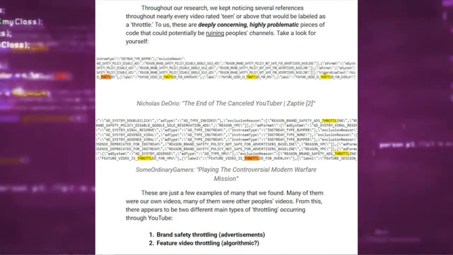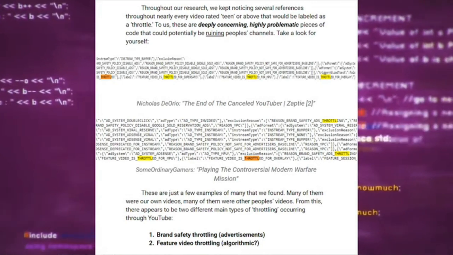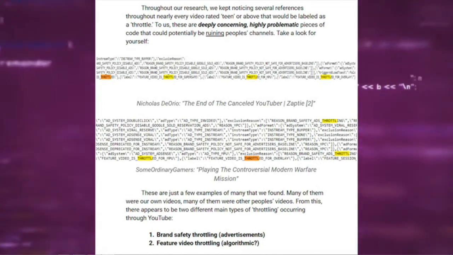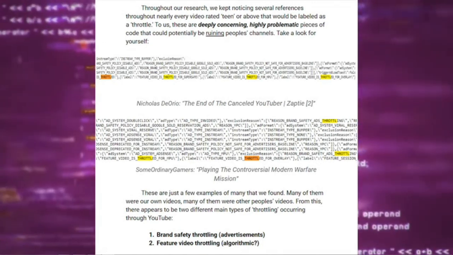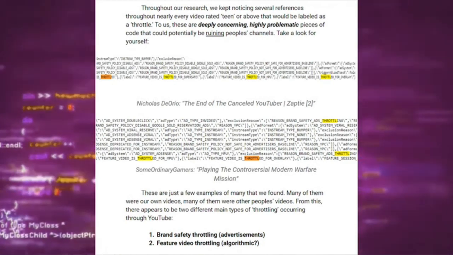Usually you can get your videos turned back to fully monetized and green through the manual review process, but obviously the downside to that is that it takes a while to get through the manual review process and you can't release your video right away, or you just release your video while it's under review and then the first day of your video being out is just throttled by YouTube directly, as you can see in this code. It's just an unfortunate reality. At this point, I don't even see much reason to even go out of your way to censor swear words and stuff, because YouTube is just gonna rate you PG.